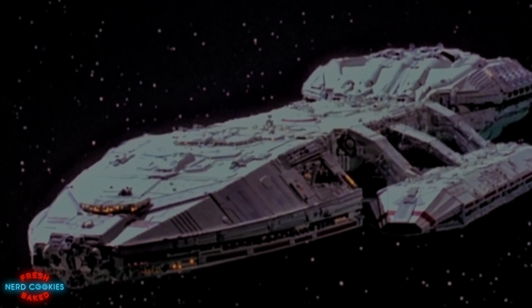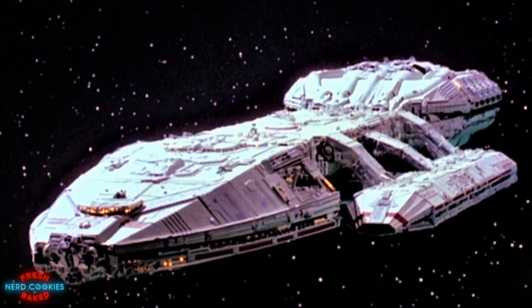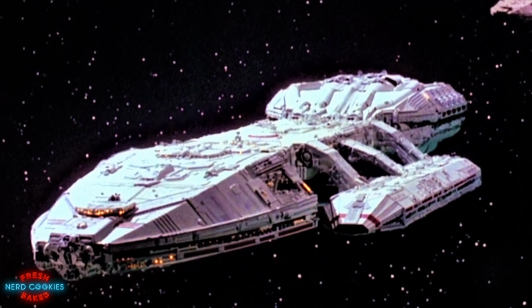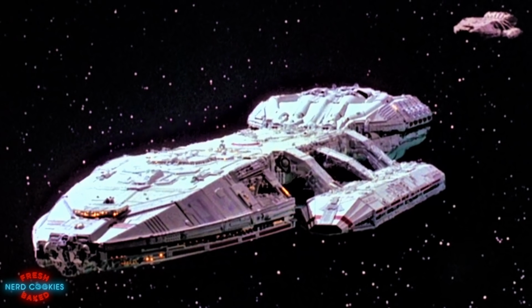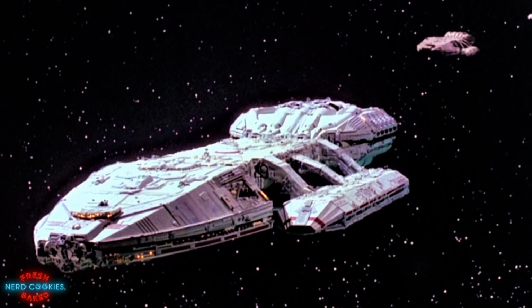In the original 1978 series, the Galactica, which represented the colonial planet of Caprica, was one of several carriers classified as battlestars. These vessels began to be commissioned around the midway point of the Thousand-Yarn War and had since served to protect the citizens of the 12 colonies of man from the forces of the Cylon Empire. The series picks up toward the end of the war with the Cylons, where only a handful of battlestars remain